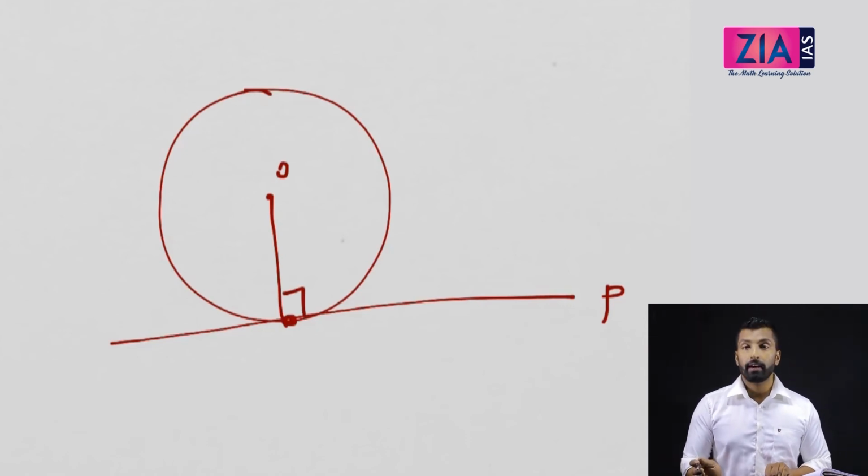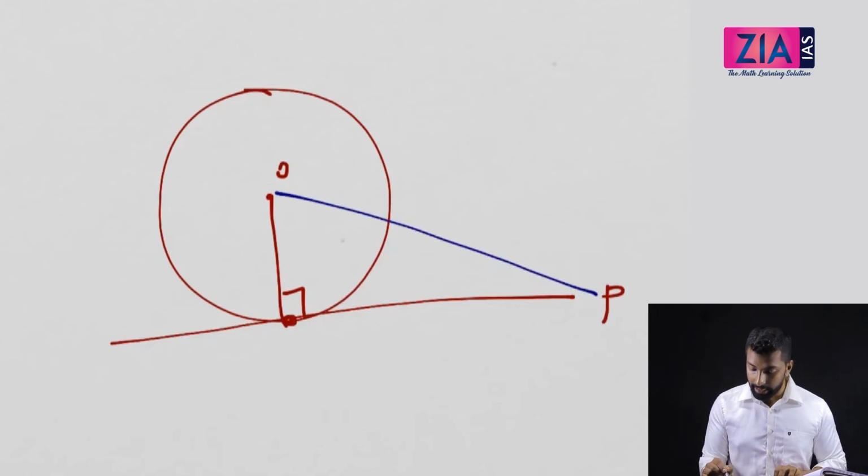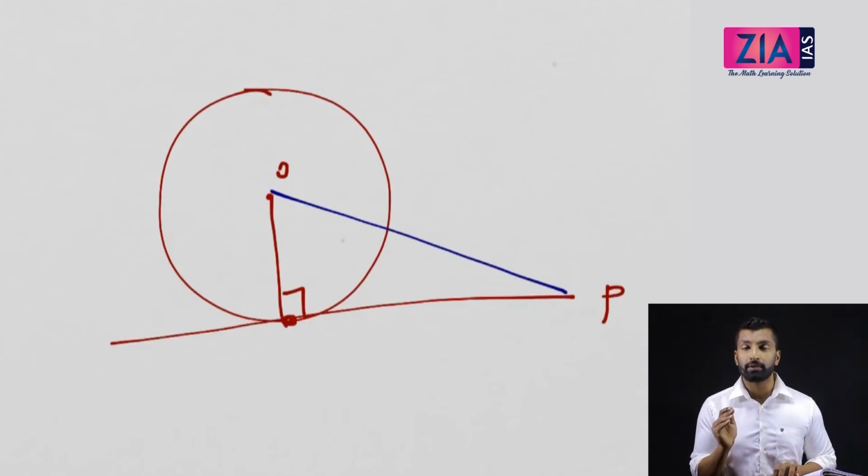So this is a right angle. Okay, so you can make a triangle, a right angle triangle. You will be able to solve many questions by using this very simple property, and I'll show you the application. In many cases we are going to use this property, so keep this property in mind. This is going to be very, very useful.